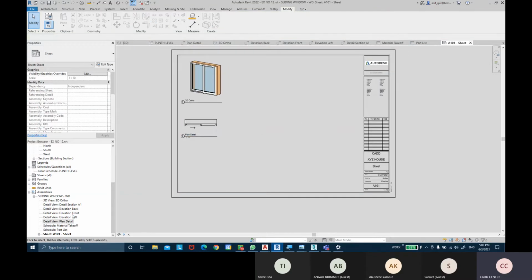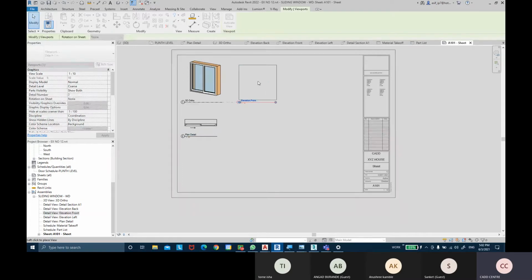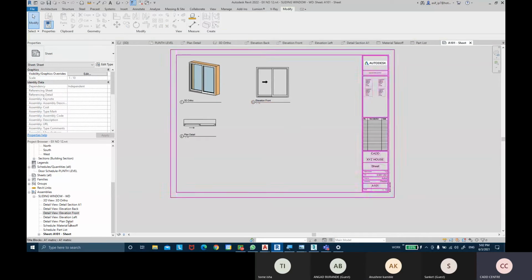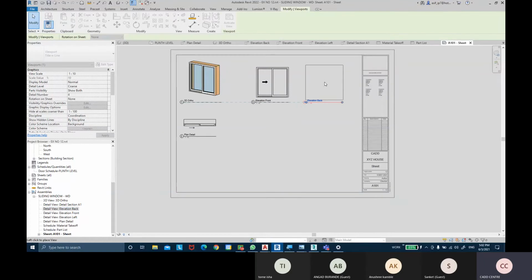Then I'm going to drag the front elevation of the window. So that's the front elevation. Then I can drag the back elevation into the sheet. So what I'm doing is compositing my sheets basically.